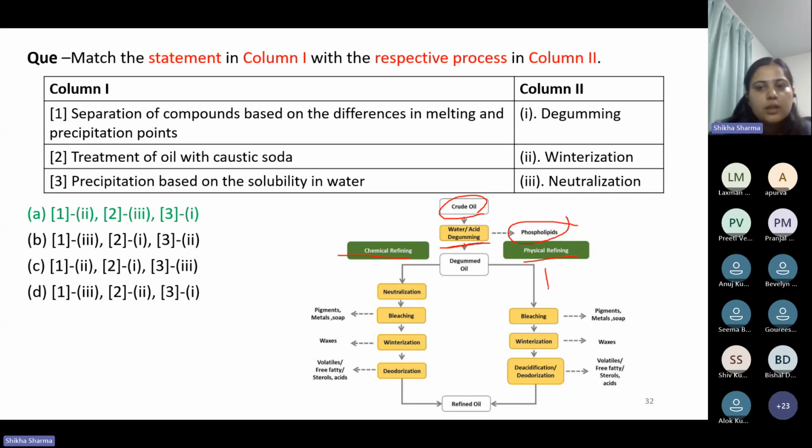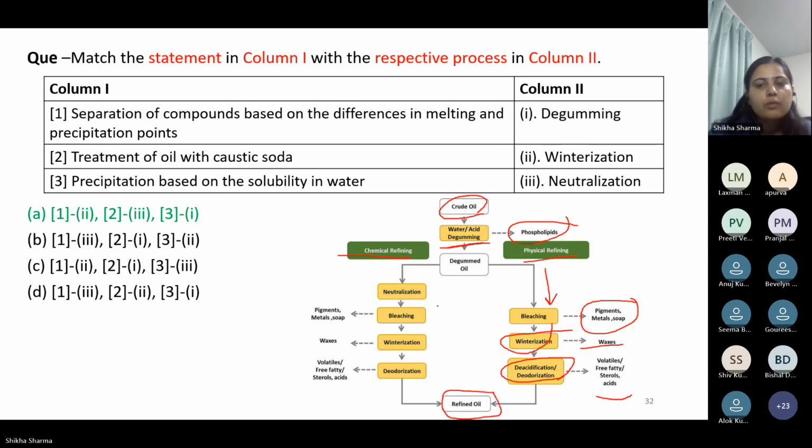In physical refining, we go for bleaching, where pigments, metals, and soaps are removed. Then winterization, where the waxes are removed. Then deacidification or deodorization, where the volatiles, fatty acids, and sterols are removed, and we get the final refined